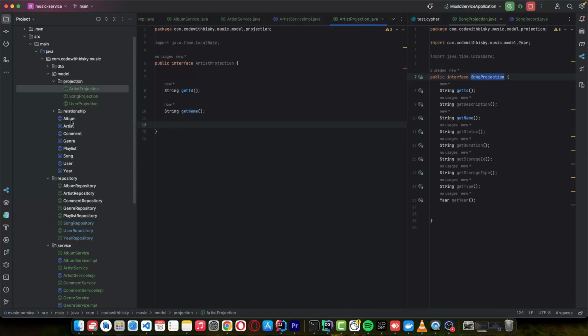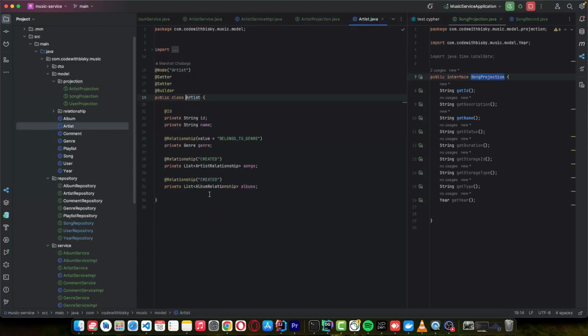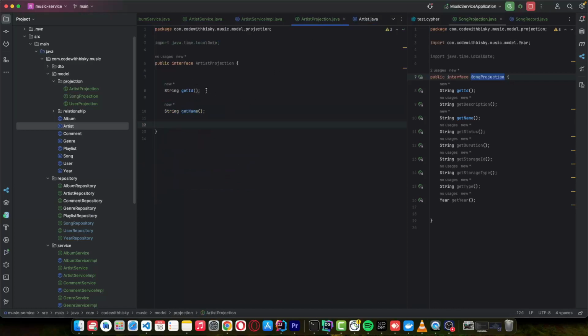If you go to the artist model, you can see it has genre, we have songs, and we have albums. So we wouldn't want to retrieve all these details, so we just need to get these details only. So you can use this projection, and you can go to artist repository,